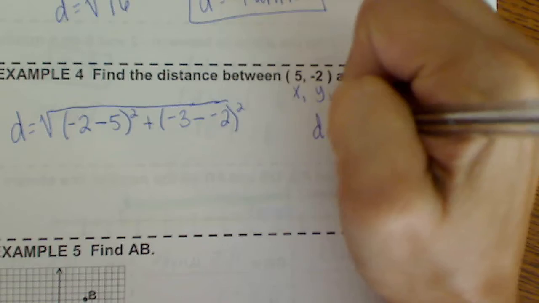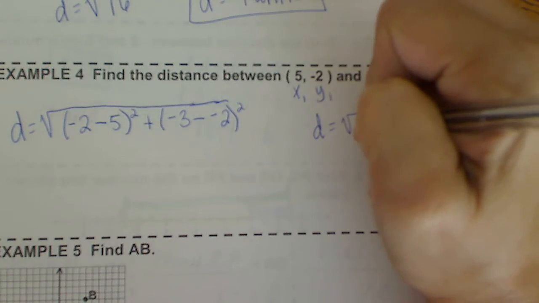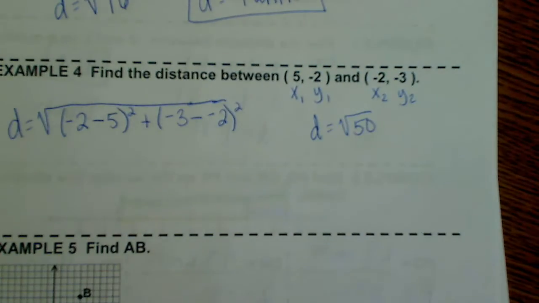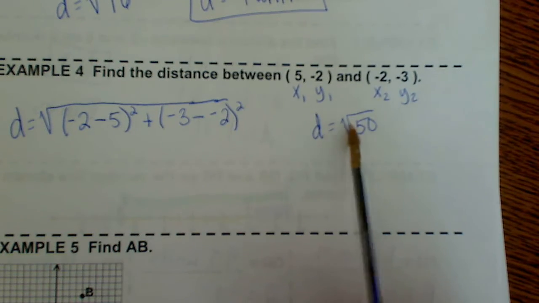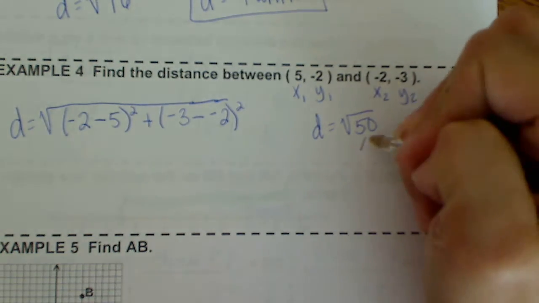Okay, so the distance is equal to the square root of 50. Is that what y'all got? Okay, so this one's going to be done a little bit differently. We don't want the decimal because this year you're going to be finding the simplified radical. Okay, so the square root is your radical. The simplified radical is when you do the